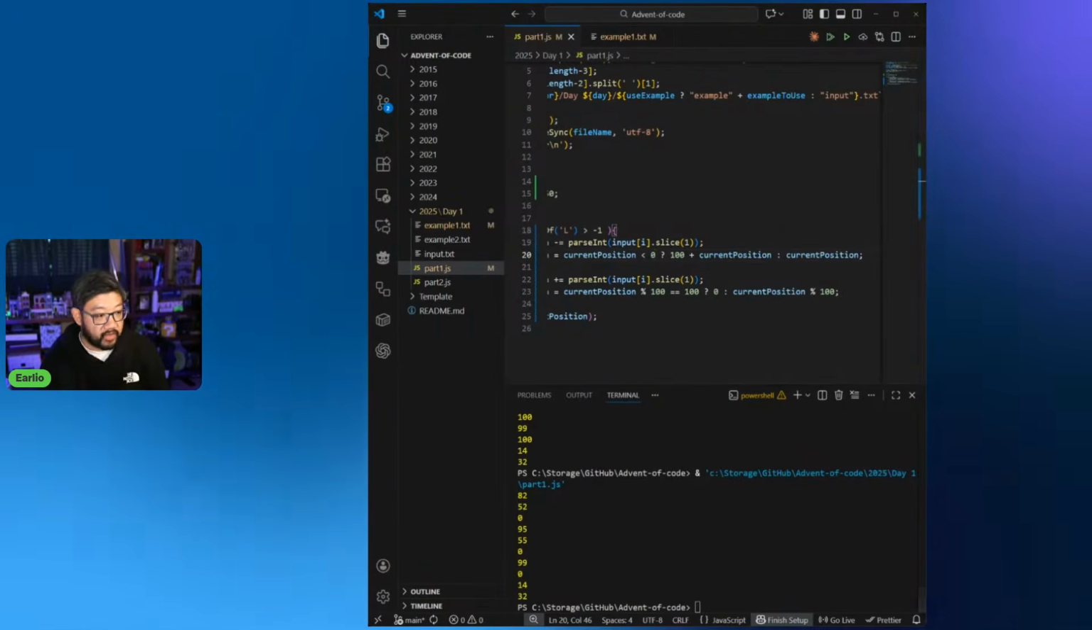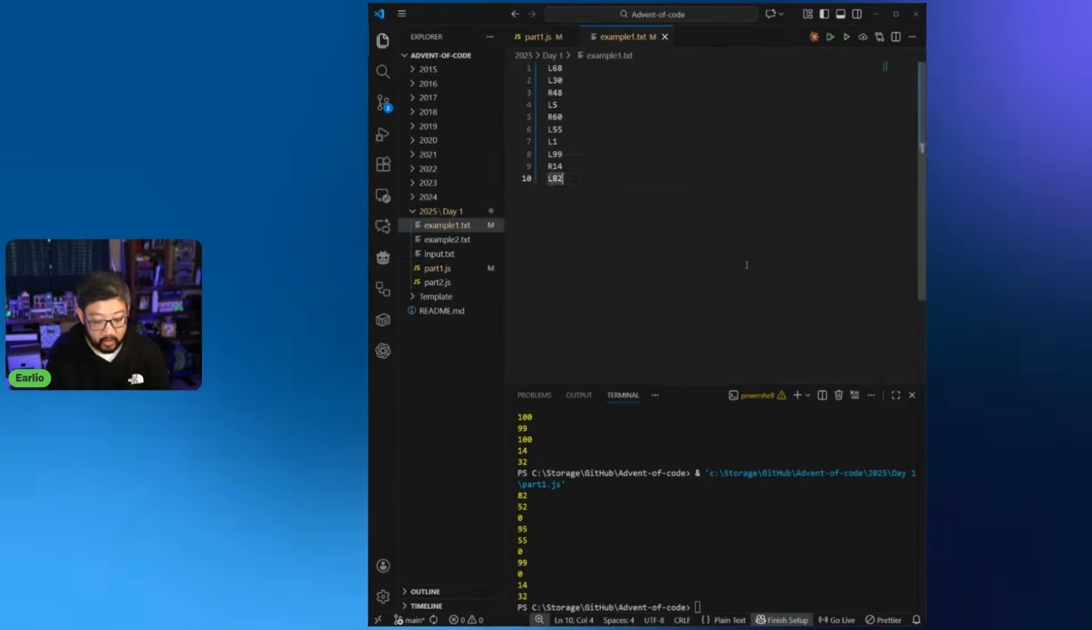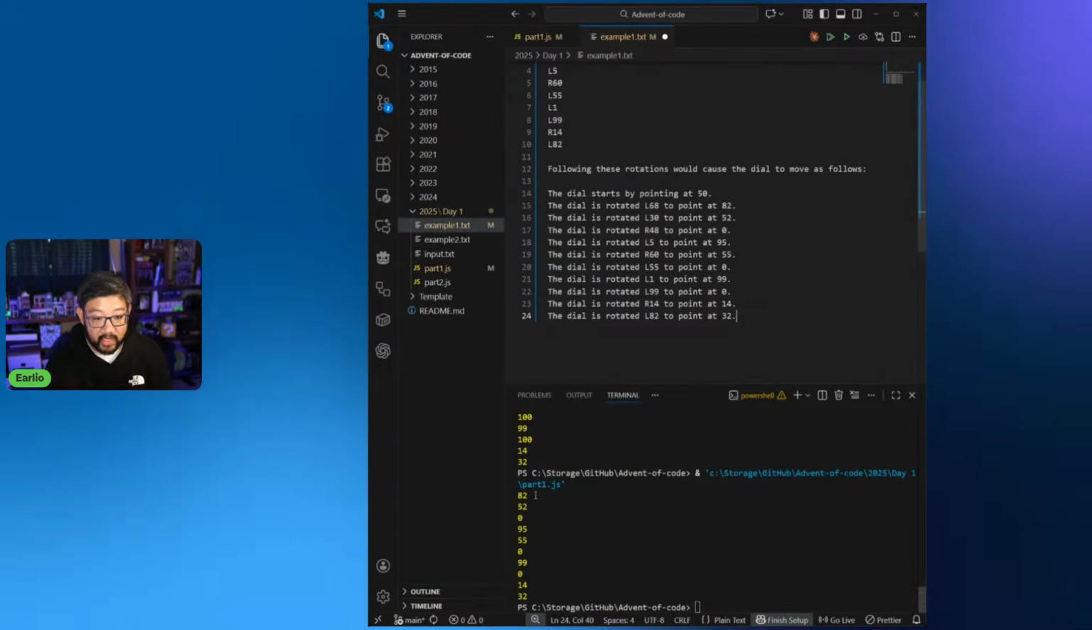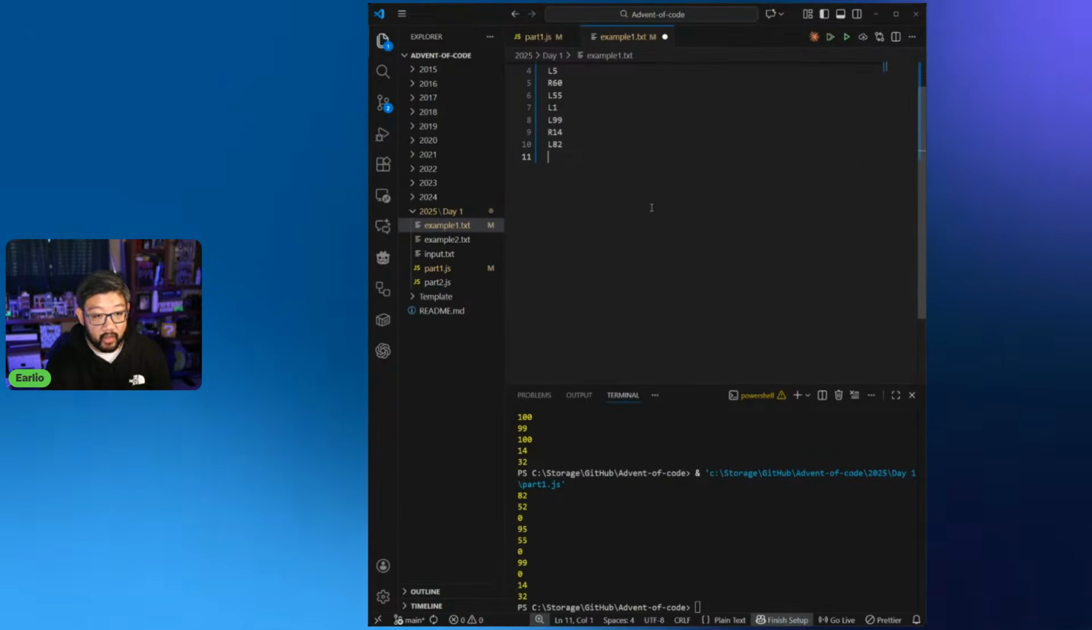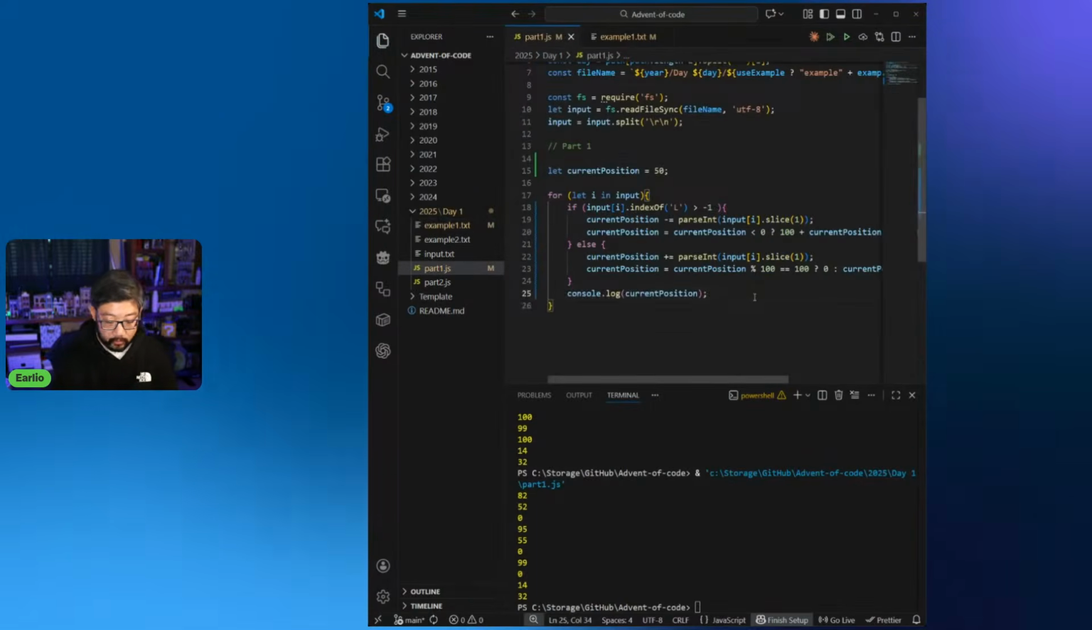Okay, there it goes. 82, 52, 0, 95, 55, 0, 99, 0, 14, 32. Perfect. It matches the exact sequence of the example. So my output exactly matches 82, 52, 0, 95, 55, 0, 99, 0, 14, 32. Perfect. Okay, so if I go back to here,